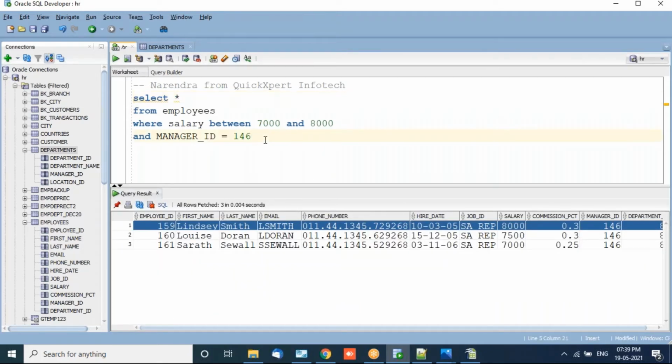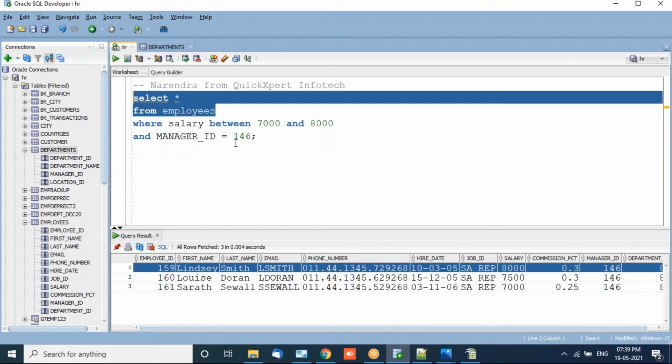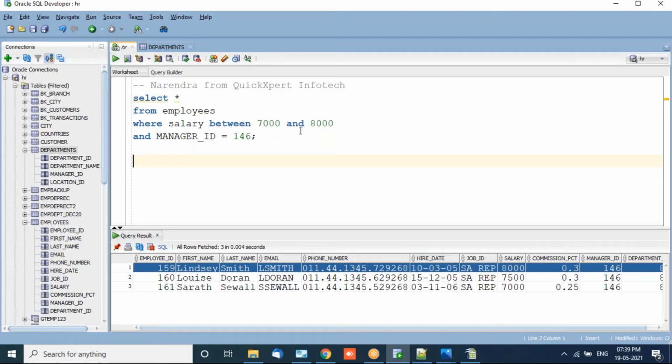Now this is a basic session, so I'll quickly show you some of the basic queries that you can practice. See, this is the exact match. Equal to is an exact match, between is a range match. Then you can use the operators that you learned in mathematics, like salary less than 5,000. You can keep on trying one or two other operators, greater than, equal to, and not equal to.